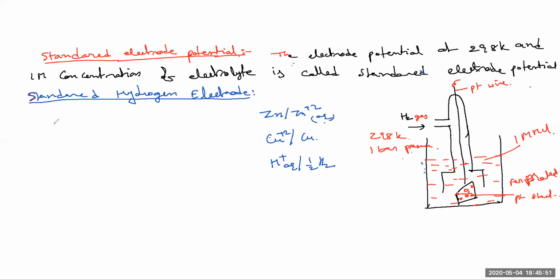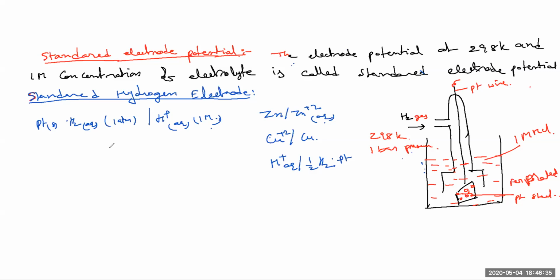So what reactions occur? See this one. Platinum is solid. Whenever we represent non-metal electrodes, the metal rod plays its role because metal is solid, but gas is not solid. There is no gas rod. So instead of that, you can put platinum. So here also, platinum solid, how to represent? Pt, H2 aqueous at 1 bar or 1 atmosphere slash H plus aqueous at 1 molar concentration.